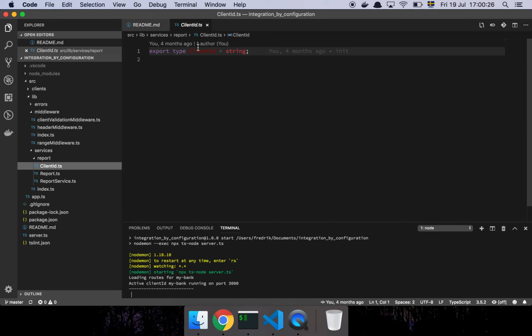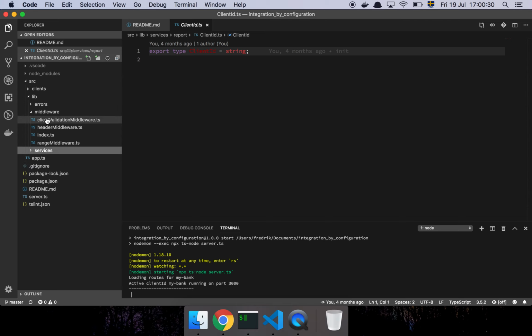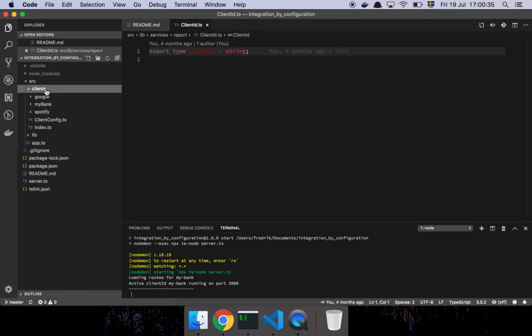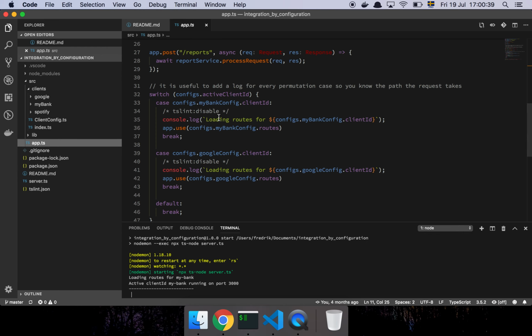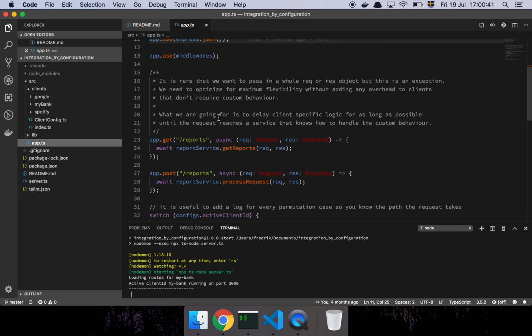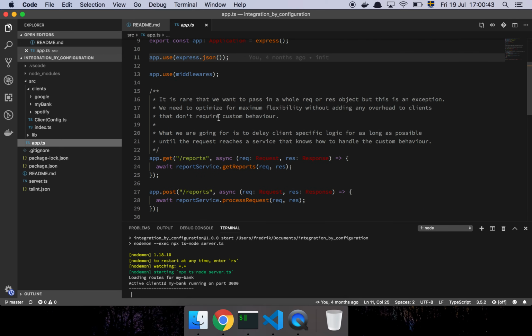And then we have a little client ID, which is just a type alias. Cool. So what's the problem here? Well, the problem is that we're going to play with a scenario. We made this awesome, generic, super amazing product that does this report thing. We're accepting JSON like pros, and people are pushing stuff, and we're like, yeah, this is